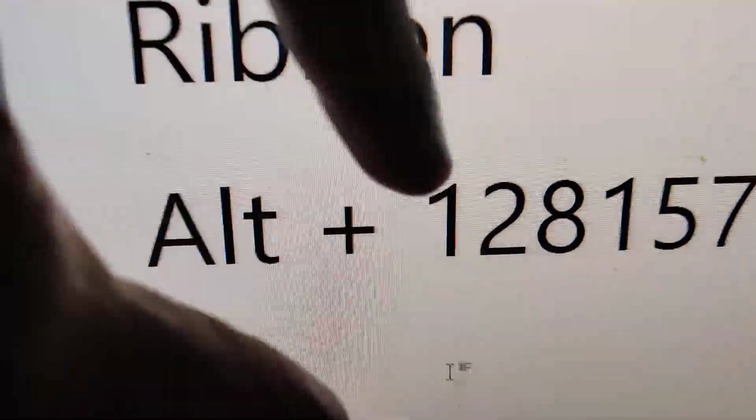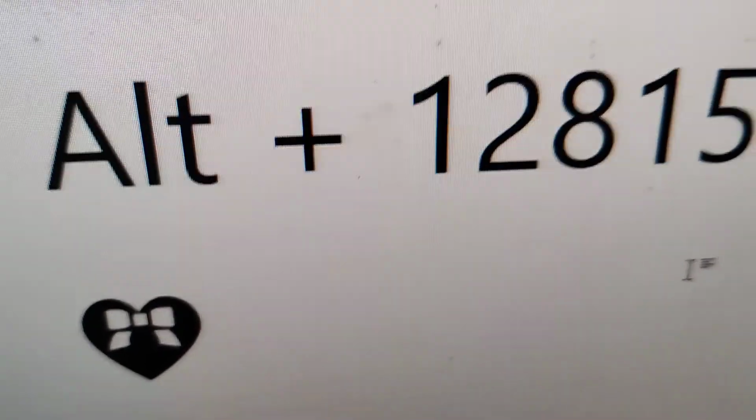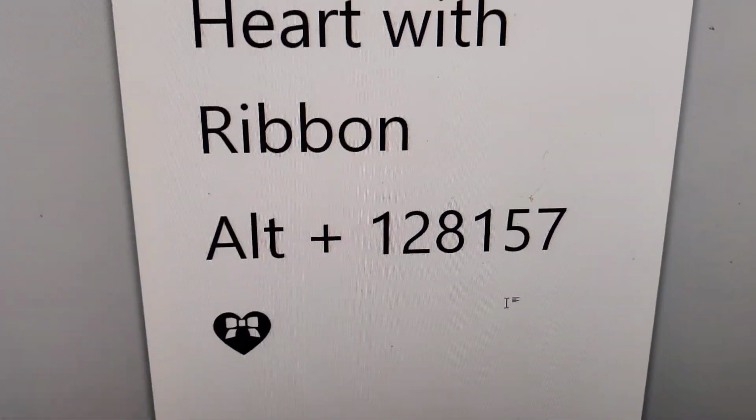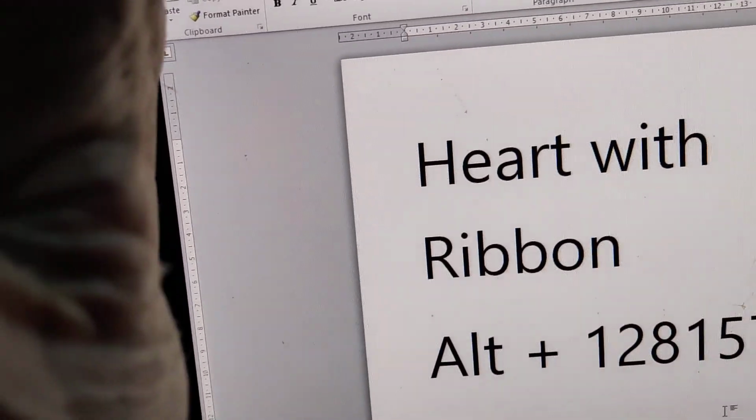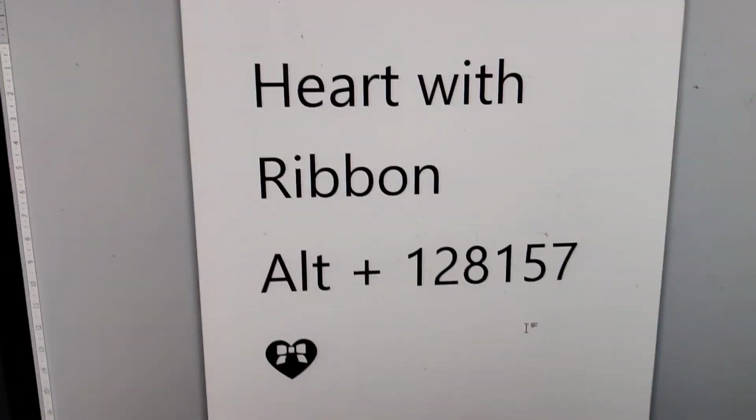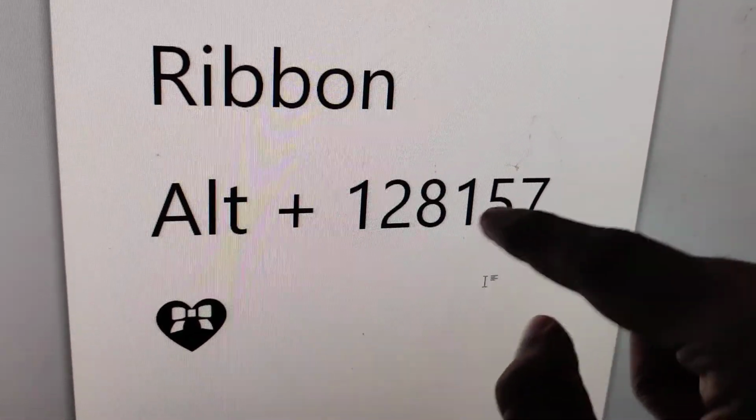So in this video we discuss how to create this symbol, that is earth with ribbon. That is how to create earth with ribbon in your Windows computer. So for doing this you must open your Microsoft Word, and after that you must type this, that is Alt